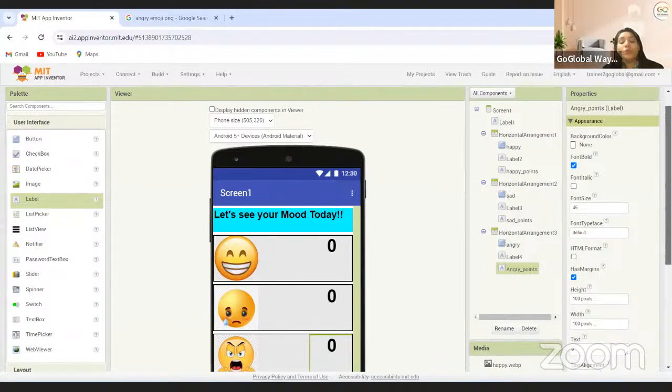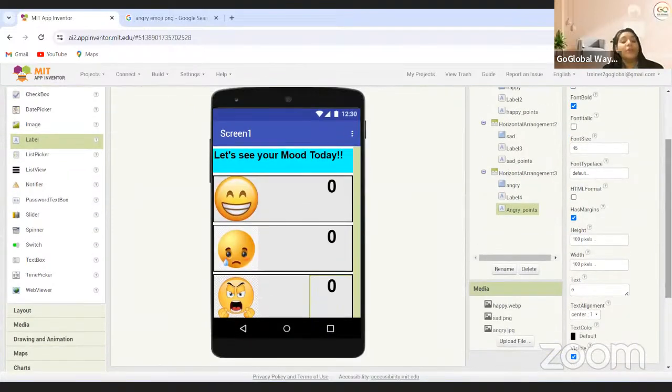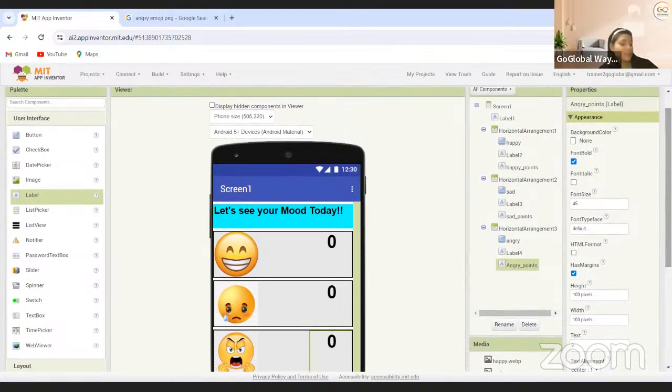You can even make more changes. When you click on happy, it will say, oh, I'm happy, oh, I'm sad, oh, I'm angry. Okay, so you can make changes accordingly. And let me see how I can join